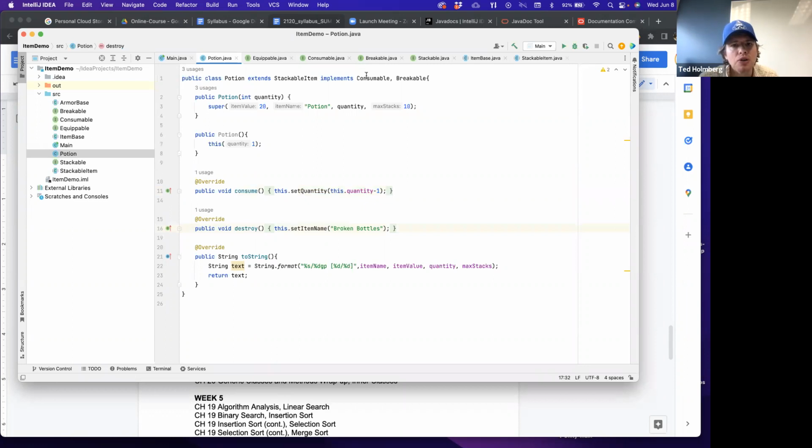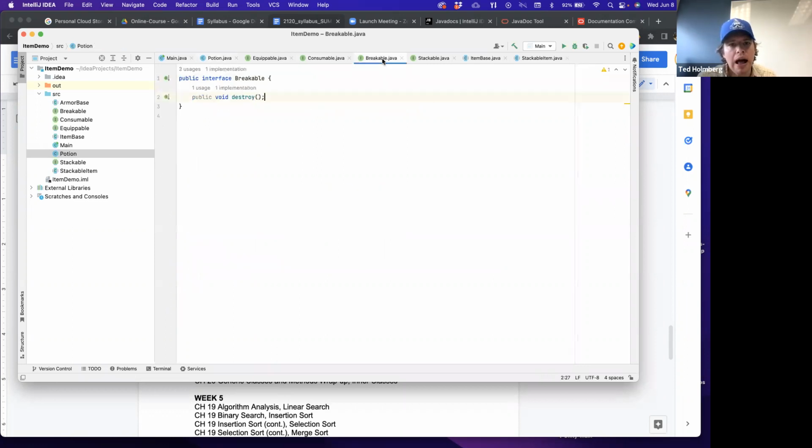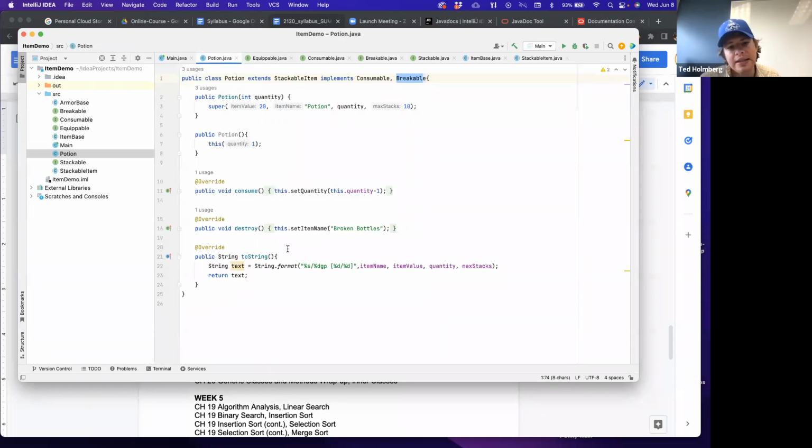And then, since I'm a member of Breakable, I have to implement a method destroy. Just for the purposes of an example, I will implement destroy to just set the name to broken bottles. Again, you probably have more complex logic in a real game, but this is just an example to illustrate